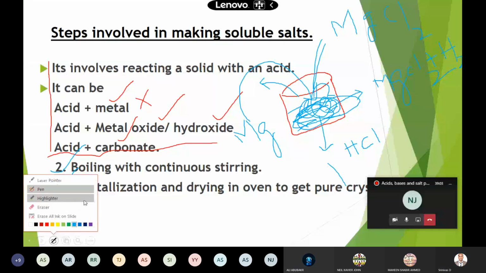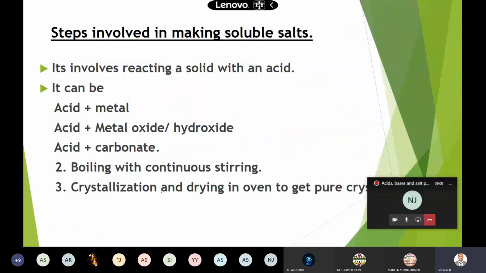Don't worry if you don't understand. Till this slide, you can make the notes. I'll show you a video on making soluble salts and continue to explain in the next session. Your job is to make some sugar syrup. You can have some and leave some of the syrup, and by tomorrow, or maybe after 2 days, you can see some crystals of sugar. Or ask your mom to make some gulab jamun.